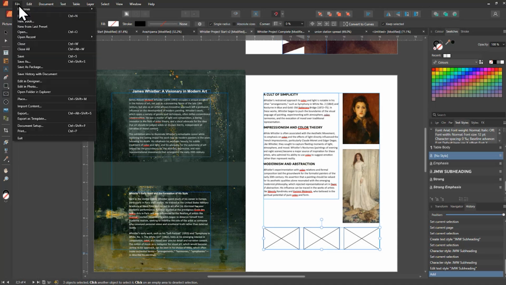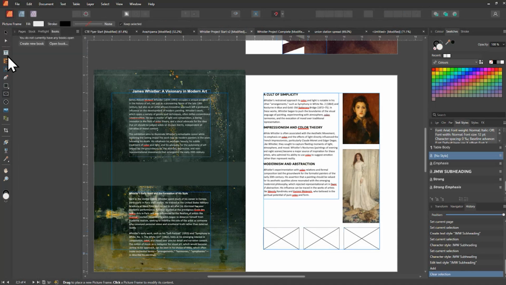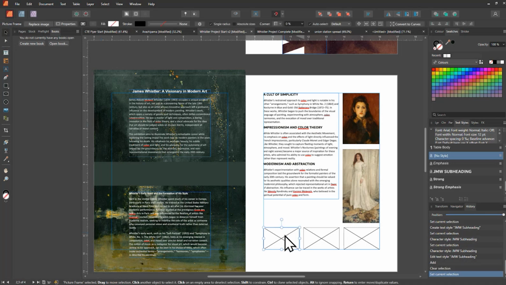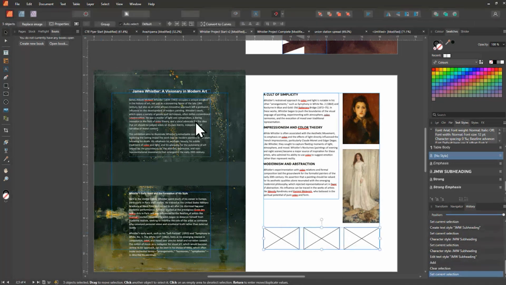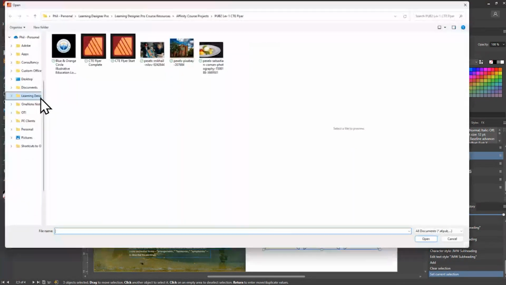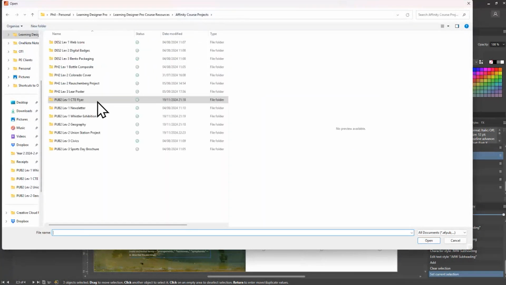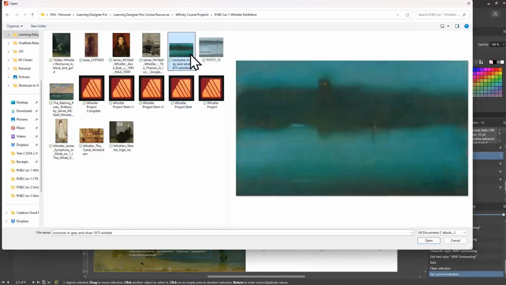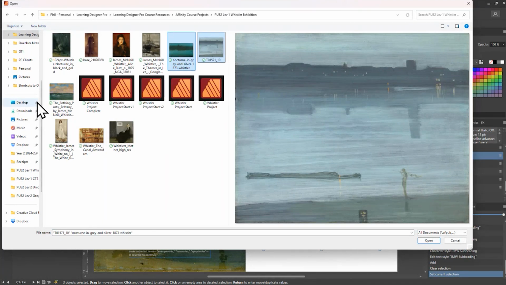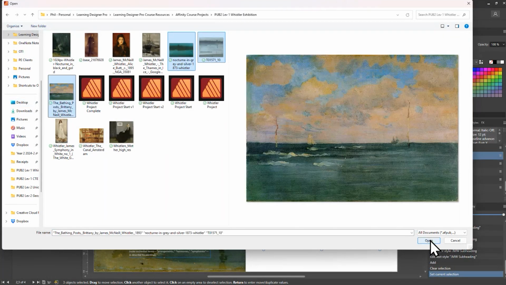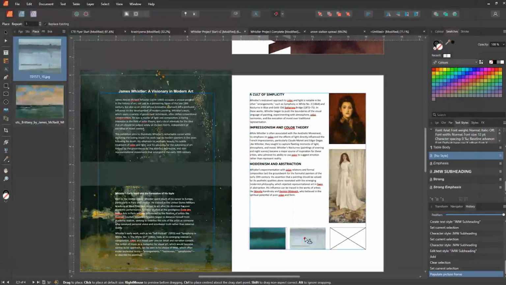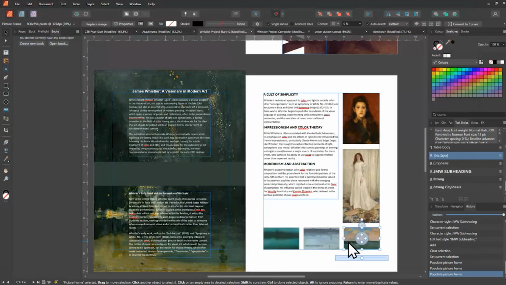And what I now need to do is go to File. Well, first of all, let's select my frames, and then I'm going to go to File, Place, and I'm going to find my images that are left to go in. So I'm just shift clicking those. Okay, and I'm going to go dab, dab, dab, and then all my images are placed neatly into those individual